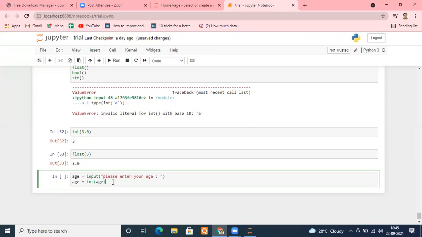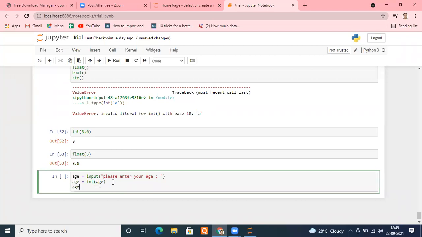Yes, sir, it will be fine. Right? Yes. This is what. The second way is also there. Age equals to int, because this entire function is going to give me the string of 23, right? Entire function. So here itself I can write int and then this complete function which is written here. Whatever is written here, the entire thing.